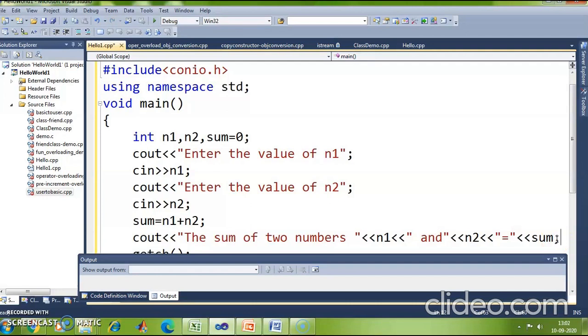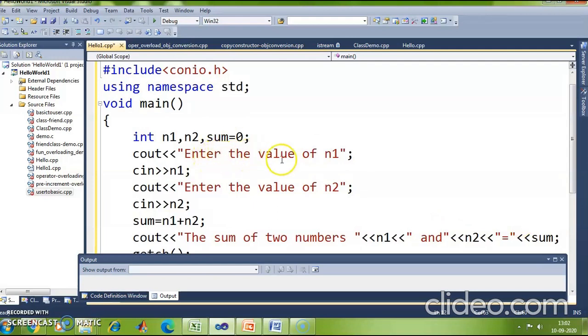Another point to be noted is, suppose you want to take the control to the next line. You want to print something on the screen and then you want to take the control to the next line so that the next printable statement is printed on the next line. What will you do? You will print a \n, right? Now, rather than \n, you can even use a manipulator in C++ called endl.